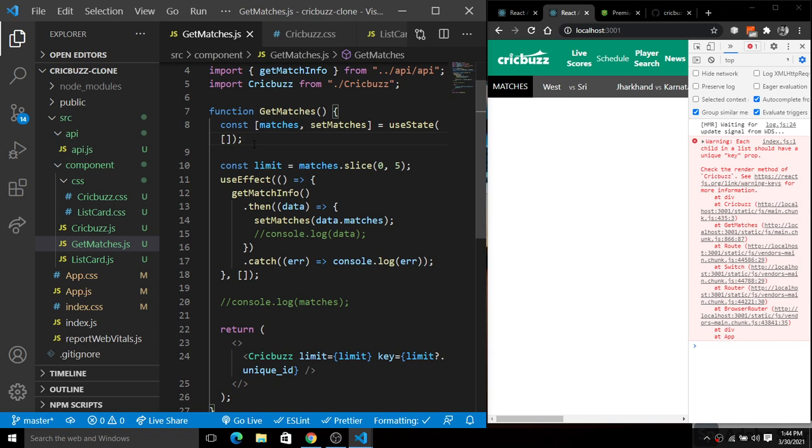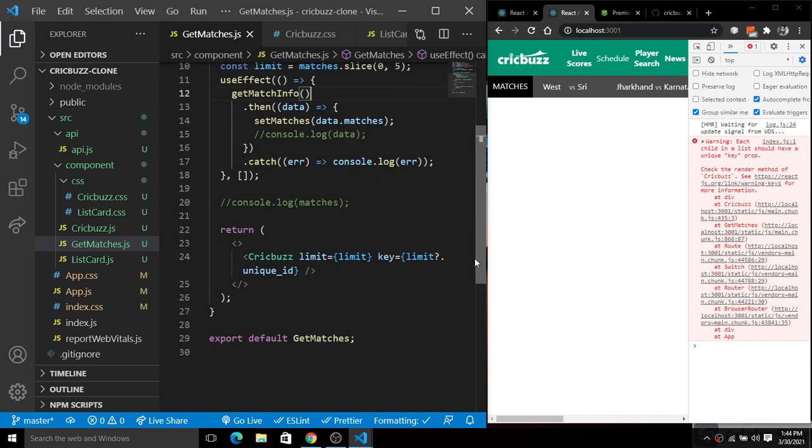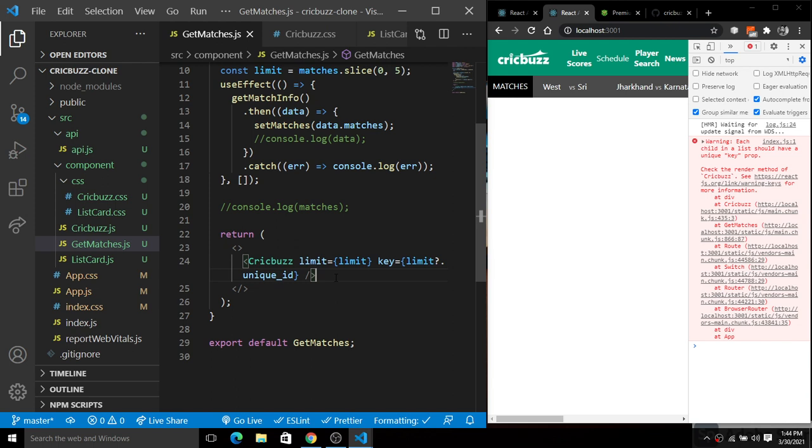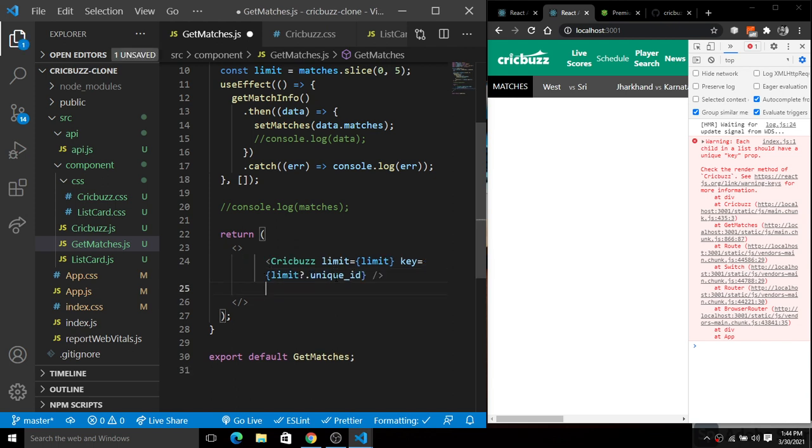So how will we do this? So simply we will use the list match type here, right? Okay, so inside of this, after that ClickBuzz, here we have this list matches, just like this.